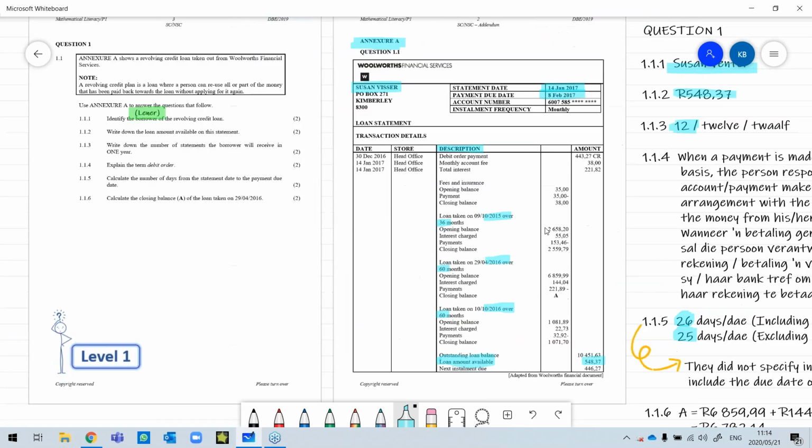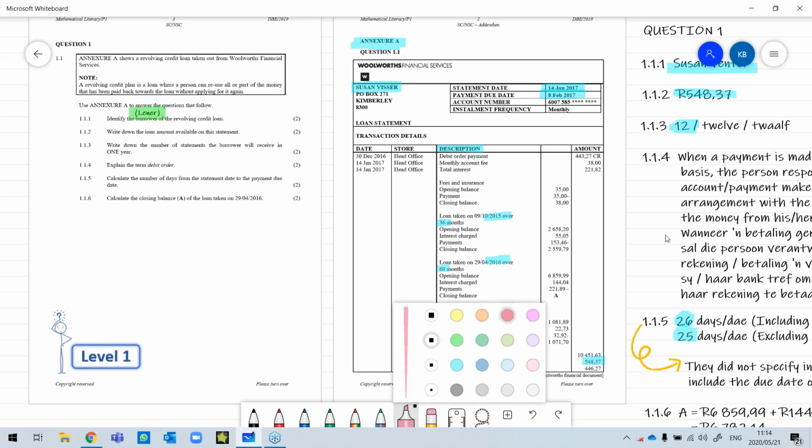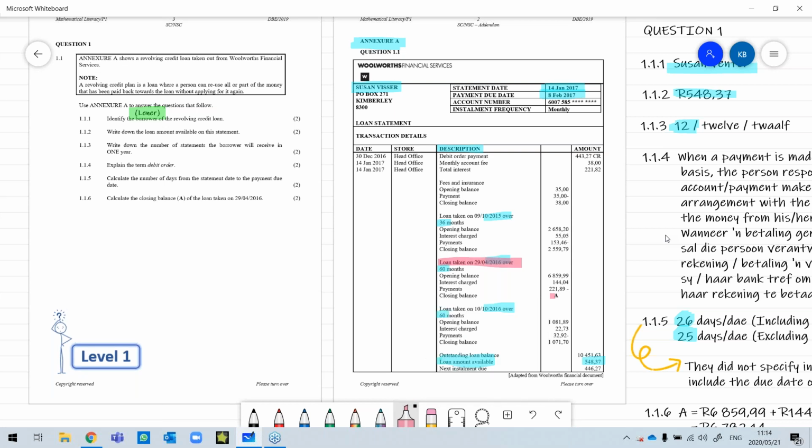Question 1.1.6. Calculate the closing balance of the loan taken on the 29th of the 4th, 2016. Okay, so let me just get another color highlighter here. So they want us to refer to the loan over here and determine the value of A. Now we are going to do this by taking,